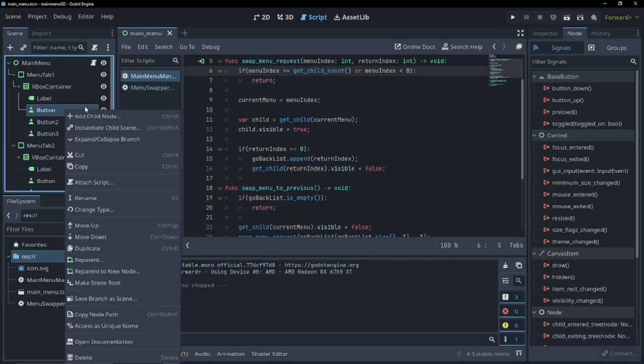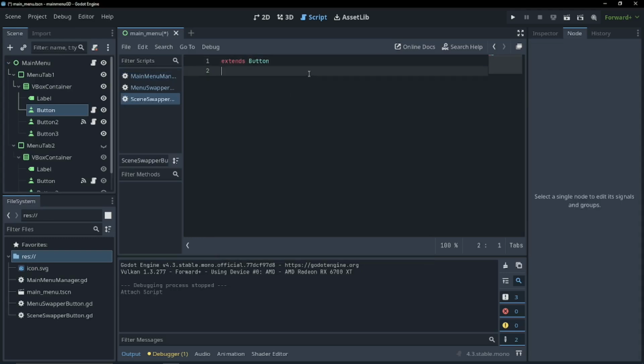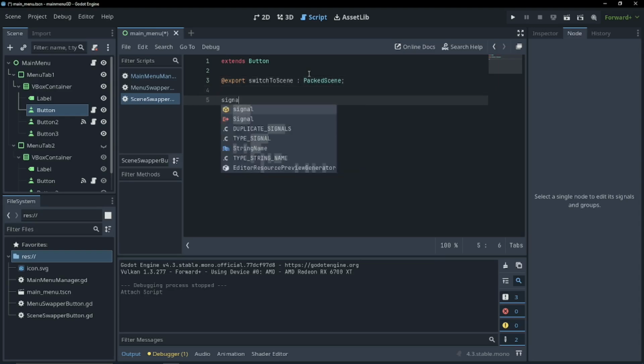Okay. So now we're going to want another script. So I'm going to attach the script and I'm going to call this scene swapper button. This is going to look extremely similar to our menu swapper button.gd. So add export, switch to scene, of type packed scene. And now we're going to need a signal, swap scene, and we're going to pass in a new scene, packed scene,